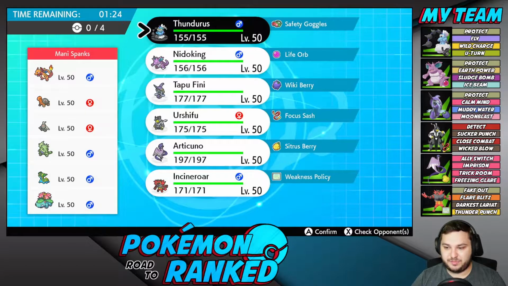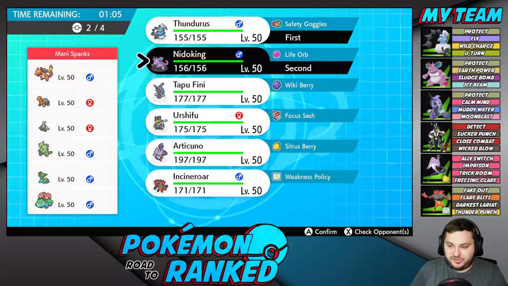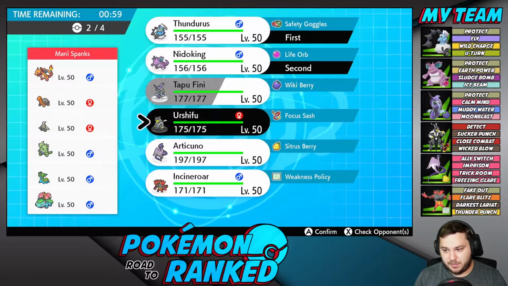so he has the potential of leading Dusclops. He's also got the potential of leading Torkoal and Venusaur. Torkoal Venusaur is the reason I gave Safety Goggles to the Thundurus. That is another change that I made. I forgot to mention it at the beginning of the video. I think our best bet, though, is to do our Thundurus Nidoking lead. It's the main point of the team build that we did, and we haven't gotten a chance to showcase it yet. I definitely want to bring...